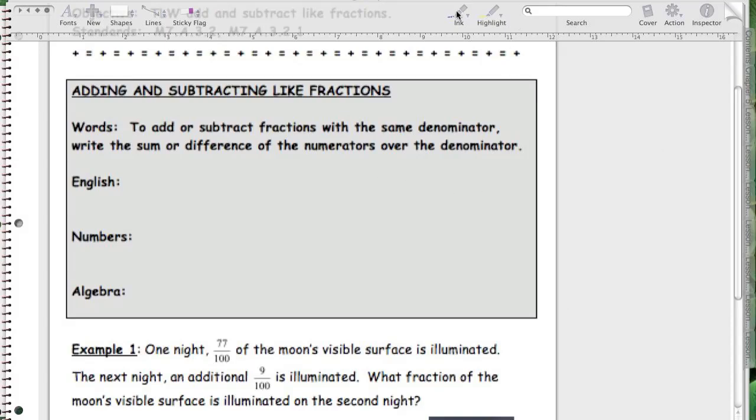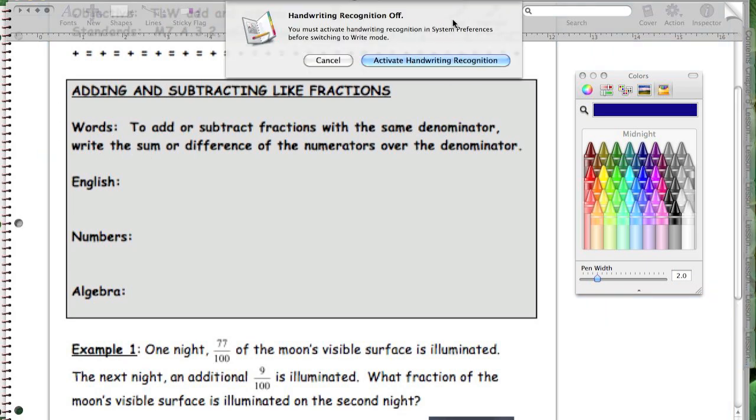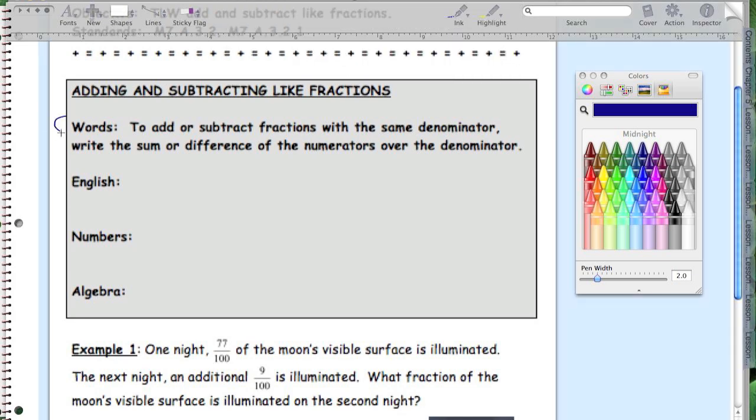Let's take a look at adding and subtracting like fractions. To add or subtract fractions with the same denominator, write the sum or difference of the numerators over the denominator. Now that can sound a little bit difficult, but really we know what we're doing here. In English, what this is saying is that when you have two fractions, say, and I'll give you